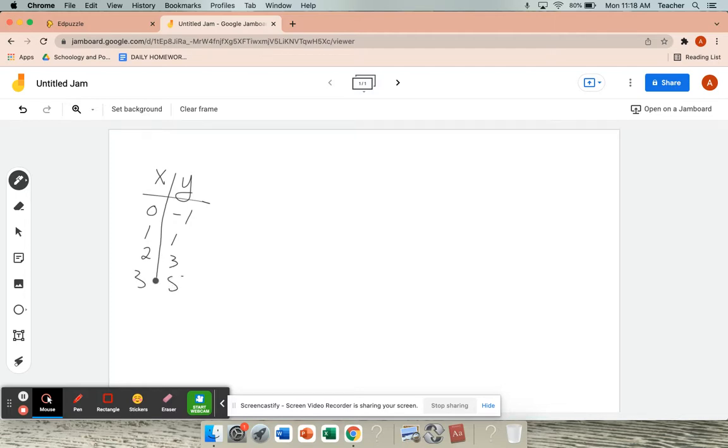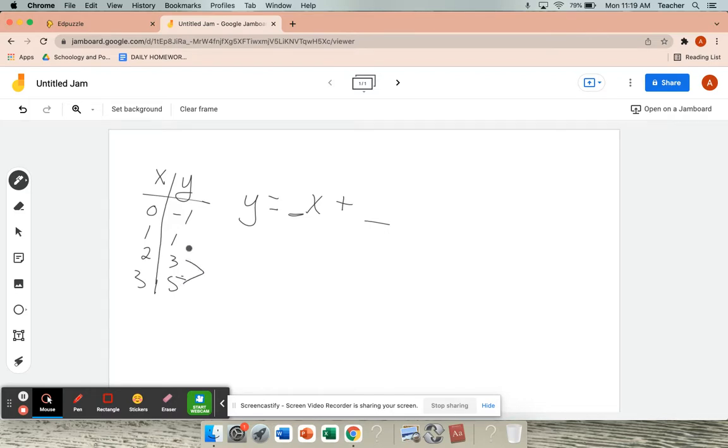So here's my T chart or my XY table. These are actually points on a line. But we want to write the equation that would characterize this table. So it would be in the form y equals, and then you're going to have something times x plus possibly plus something. So the way we're going to do this is we're going to look at